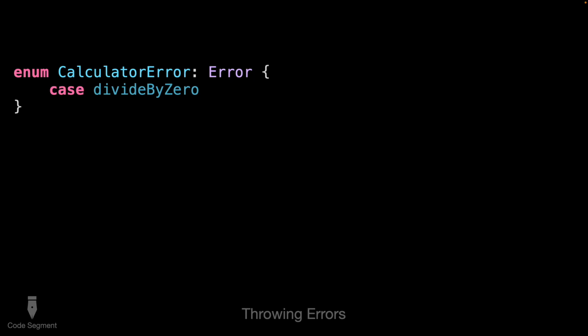You use the enum keyword. You define a name for your error kind, the category of error. By convention, it tends to have the word error at the end. You do this colon thing. You put the error word after that. And then you say case, and then you have your specific kind of error here, okay? We'll talk more about that next class. It'll be a lot clearer there, but for now, this is just how you do it. If you need multiple cases, different kinds of errors within one category, you just do a new line, and then you do case, and then the name for the new type of error. By convention, cases are lowercase at the start, and enums are capital case at the start. Okay, so